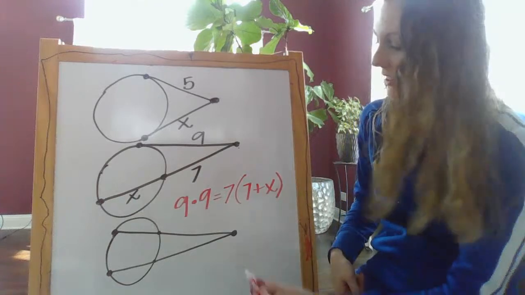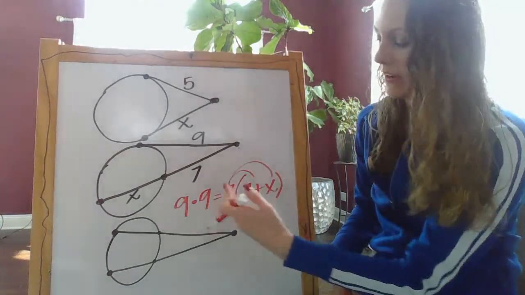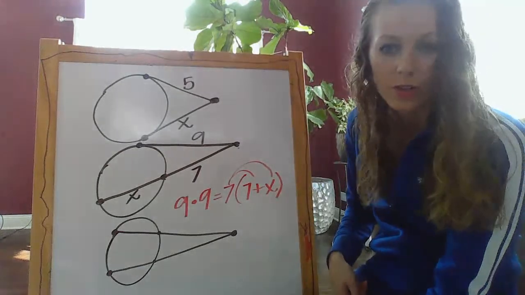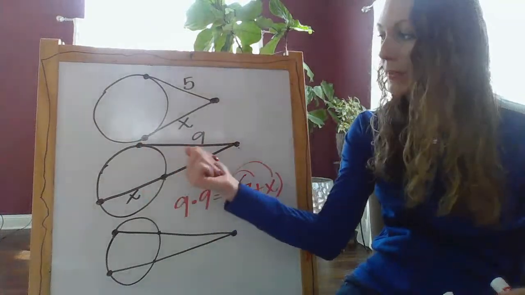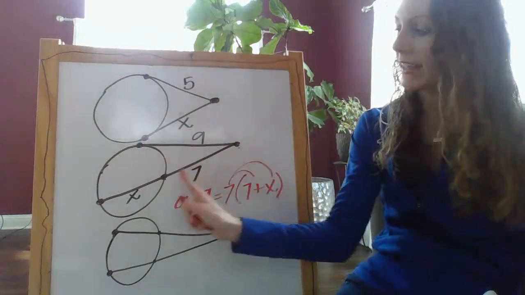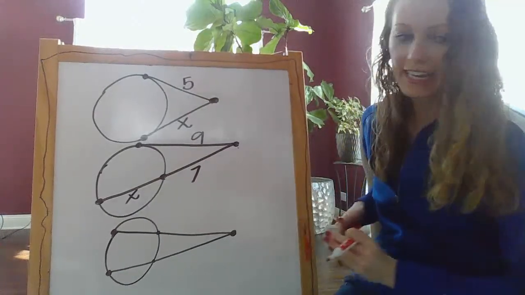So again, we're not going to solve these all out, but we're definitely going to have to distribute our 7 here and then solve it just like you would normally a two-step equation from there. Okay, so outside times whole happens to be the same number twice on this one, and then outside part times whole. Our secant case,